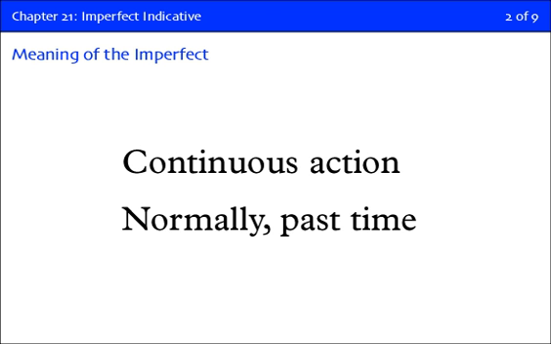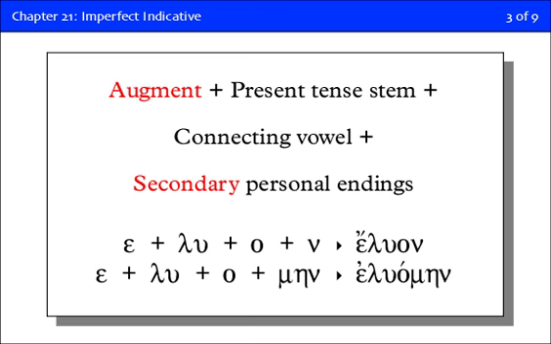Greek has another past tense used to describe undefined actions. So the imperfect is always continuous, normally in the past time. The imperfect is formed from four basic parts. It starts with what is called an augment, and then the present tense stem, then a connecting vowel, and then secondary personal endings. So there's two new things in there that you haven't seen before, the augment and the secondary